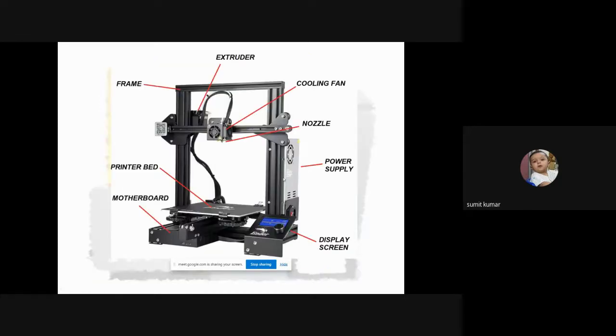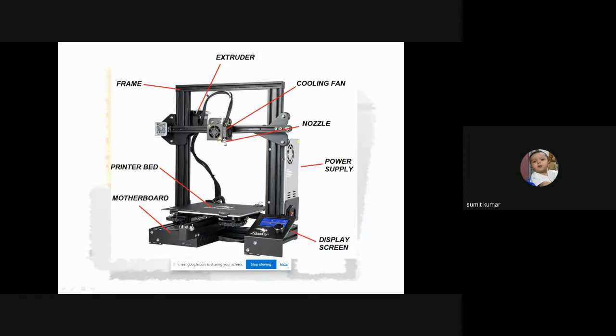We have this printer, the Ender printer, a very basic FDM printer. You can see that this is based on a frame, this framework, and this is the extruder, and a cooling fan is attached to it, and this is a nozzle, and through this pipe the filament comes here and is melted.